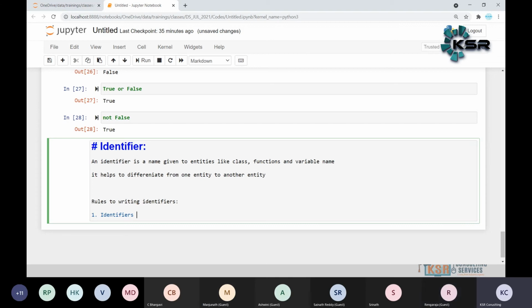Let's discuss the rules for writing identifiers. Identifiers can be a combination of letters in lowercase, small a to z, or uppercase, capital A to Z, or digits 0 to 9, or the underscore symbol.